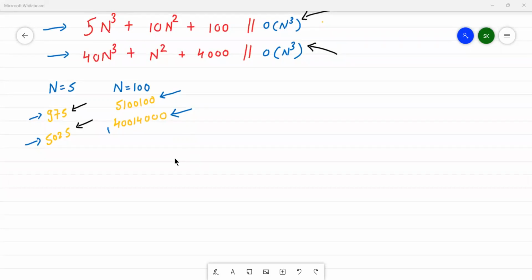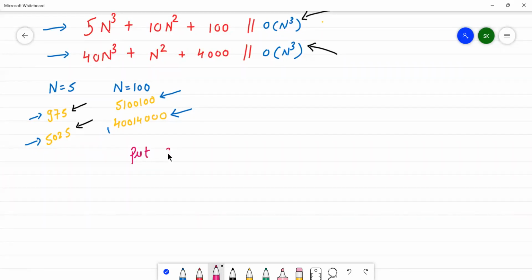Okay, then. So just like the big O, I will say, it just puts an upper bound on the complexity. That is, whatever is the maximum factor that is running, we just say that that is going to be the complexity of the given program. Clear? Okay, then if you all understood this,